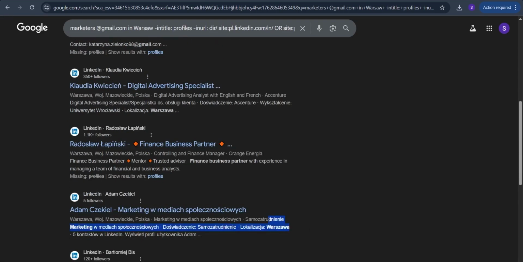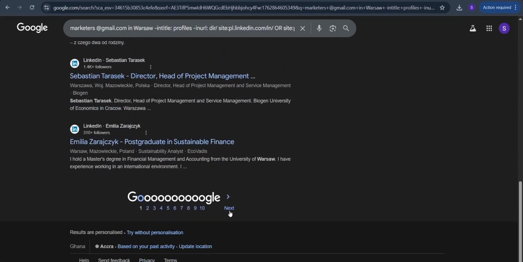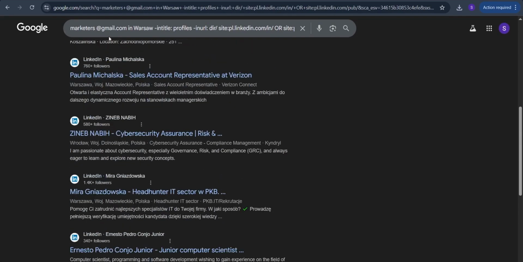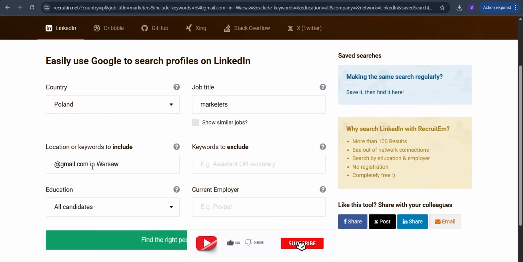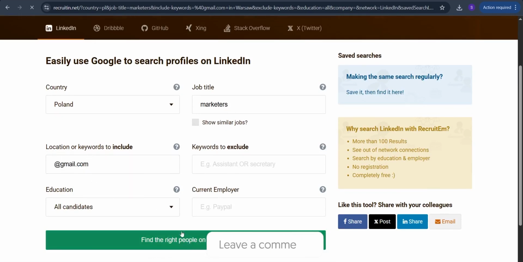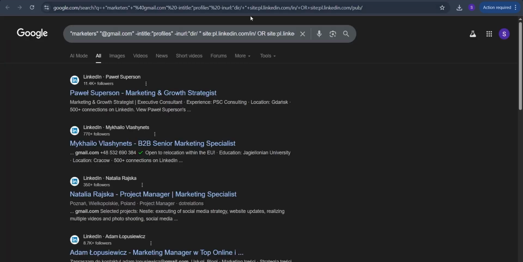We are only seeing Warsaw, right? Yes, but there are no Gmails, right? So I think we don't have to add the city, right? So let's leave it like that. Mostly this is how I do the search, but I was trying to add the city to see if it's going to work, right? So I'm going to just click this and do this, and this should gather some emails,